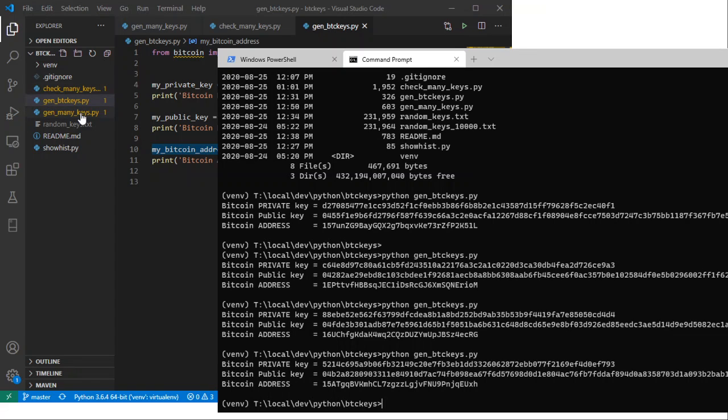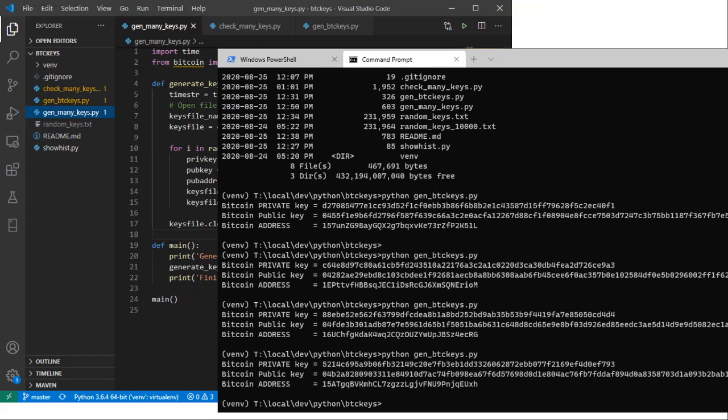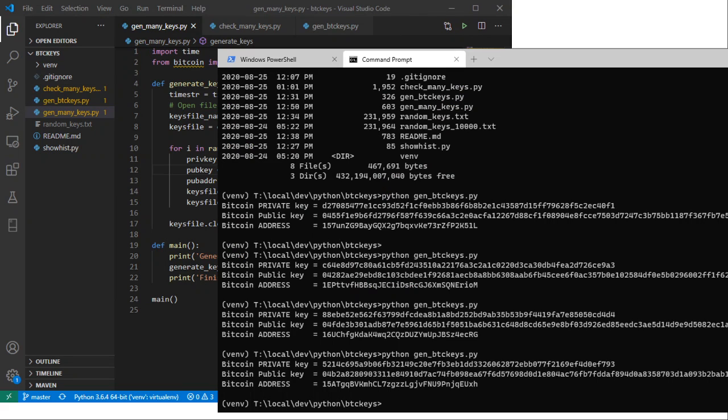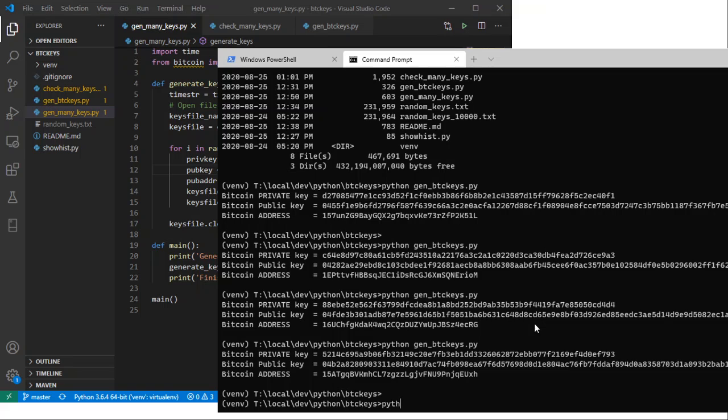Okay, so let me show you here. I've got this little program here to generate keys. So just for a second here, I can show you I've got this program, generate keys. It's going to just create 1,000 of them. But if you have a good computer and lots of disk space and you want to create 20 billion of them, go for it. And you will see that they are all unique. Okay, so I'm going to actually execute this right now. Okay, so let me show that to you. I'm going to execute this gen many keys,